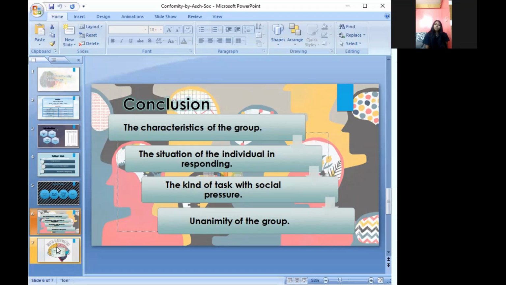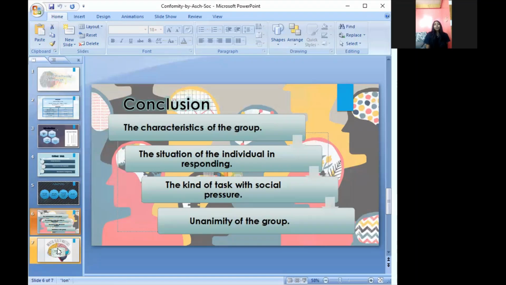The last factor is the unanimity of the group. Groups that commonly support a position show the most noticeable conformity pressure. But what about the case in which people with dissenting views have a partner in the group, known as a social partner, who agrees with them? Having just one person present who shares the minority point of view is sufficient to reduce conformity pressures.